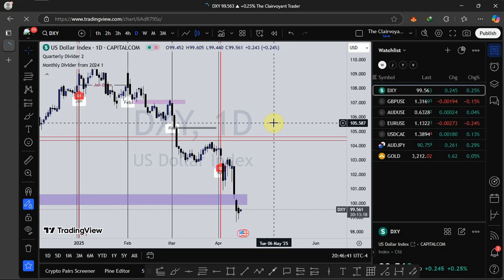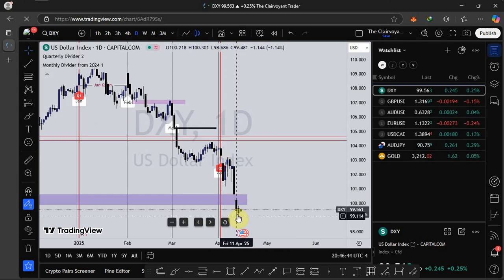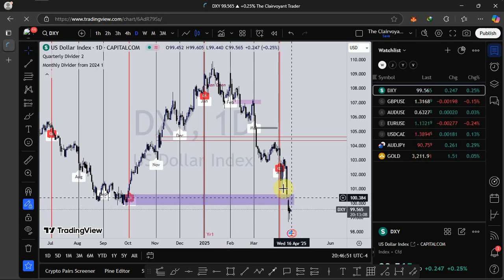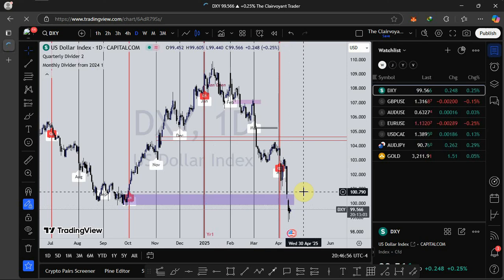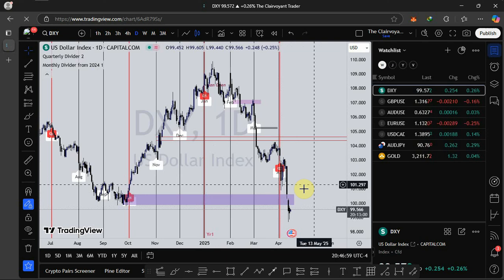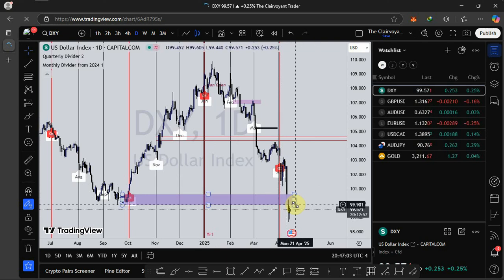We've seen price push to the downside for some time now. This zone right here was my target, but I was not really expecting price to move here this fast, but hey, it is what it is. That has happened already. So my next run on liquidity is this zone right here. I'm expecting price to push up.